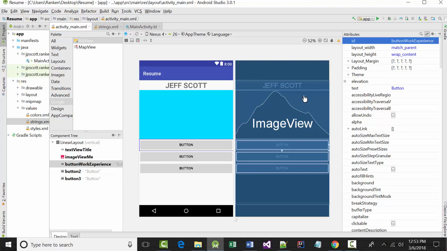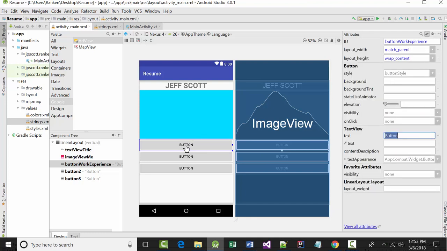All right? Now, you may or may not know this, but again, if you'd please look at the screen, you can come right here. We can change that. We don't want it to say button. But if you didn't know this, you can also just double click on the button, and that always opens it up too. So once you've double clicked on it, you're able to change it too. So I can do it either way. So I'm going to put in here work experience. All right. Then I'm going to go to the next button,